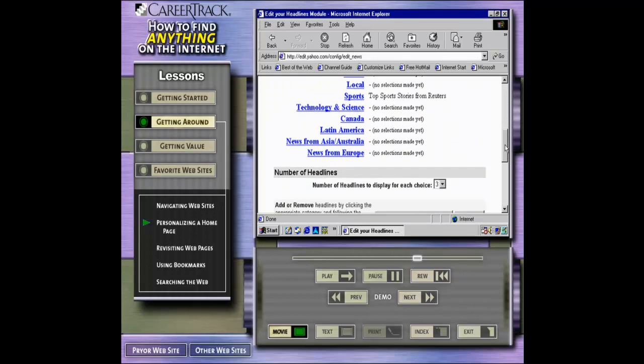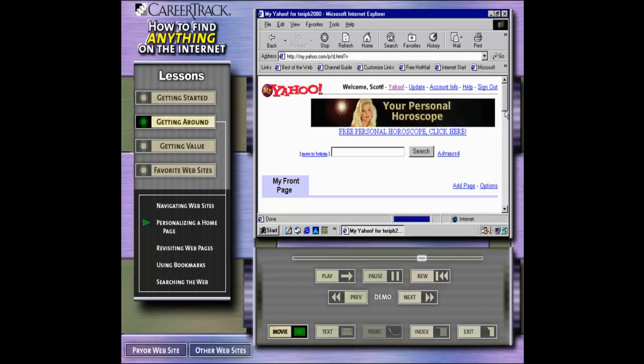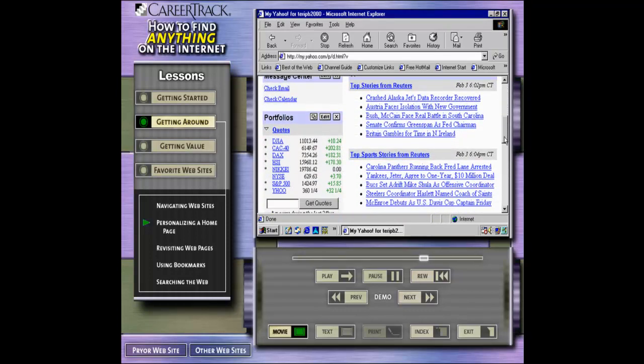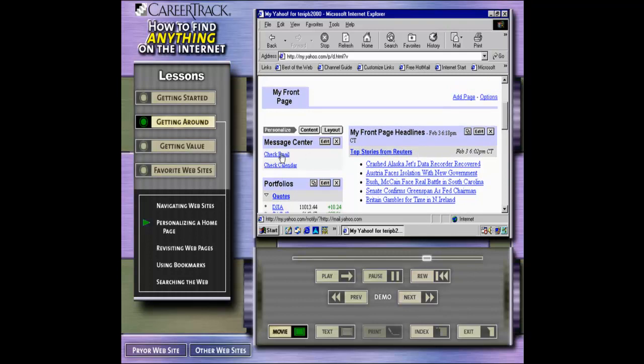We set how many headlines we want in each section, and we click Finished again. Here's our personalized page. We can continue to fine-tune it, and we can even get email through this page. There are many other sites where you can create a customized page, and you'll see some of them in our website listings. Now we'll set this page as our browser home page, so it will display each time we open